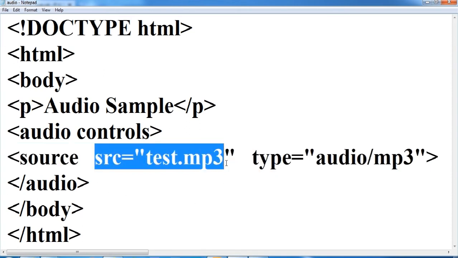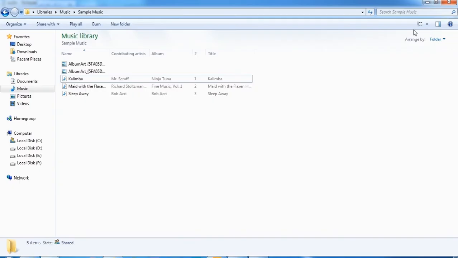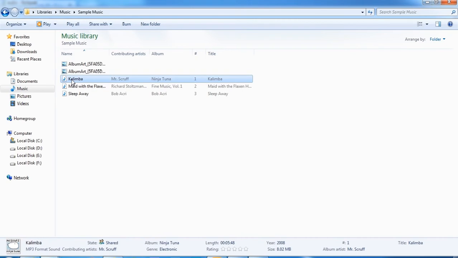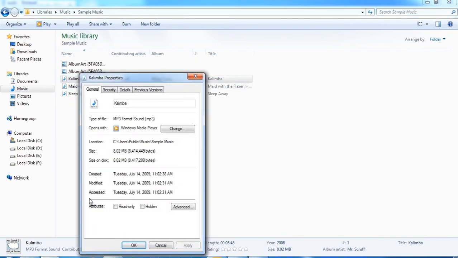So let's see it. This file is not available with me, so I am using a file in my computer that is residing in Sample Pictures. See, in Libraries, Music, Sample Pictures. If you are practicing this, you can do this on your own. I want to take this Kalimba file. So I will simply go to the properties and copy this address.